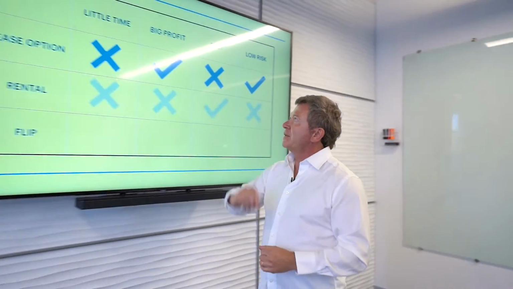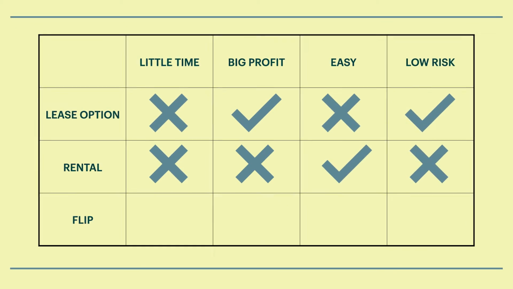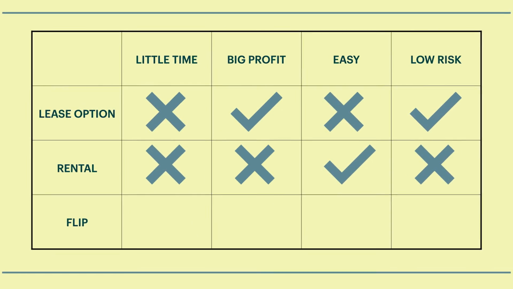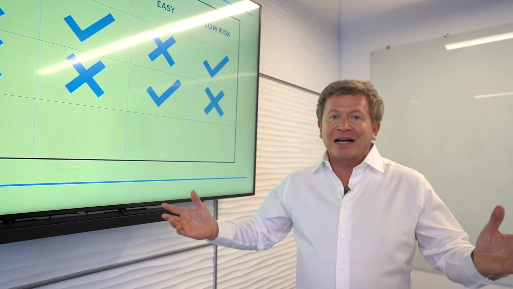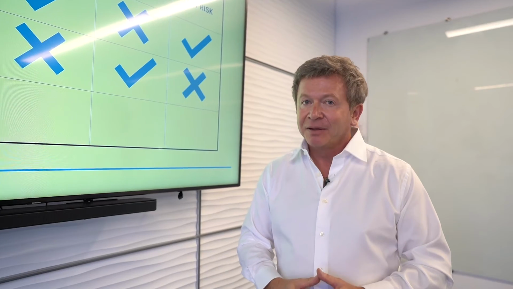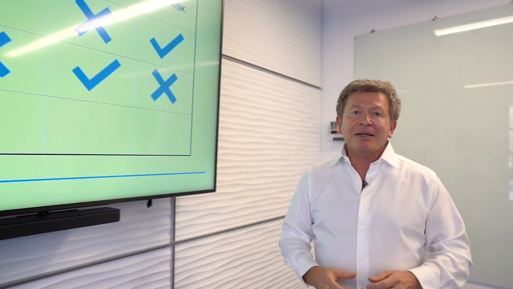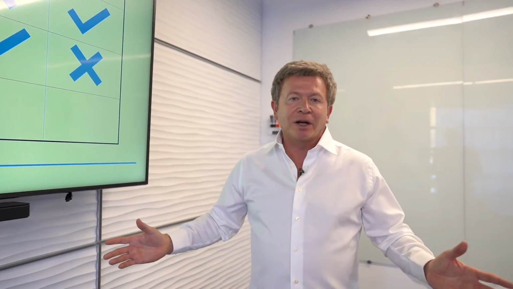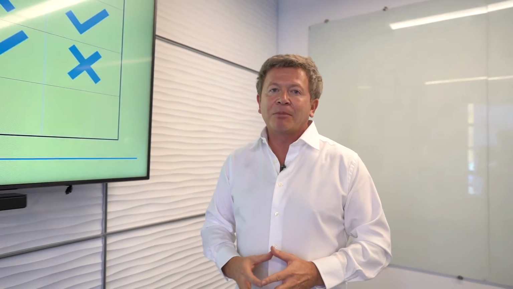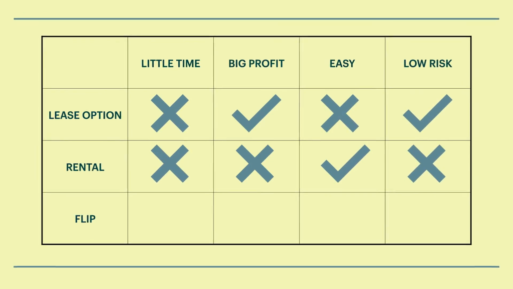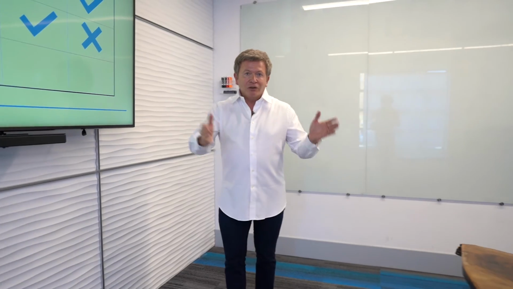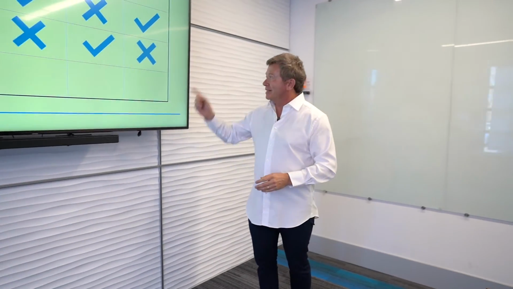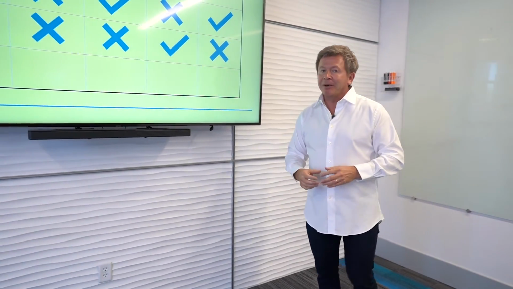All right, rentals, takes a long time, right? It's a wealth generation type of a strategy. Big profits, now, a typical rental could make as little as $100 to $200 to $300 a month. Is it pretty easy? Yeah, it's pretty easy. There's a lot of demand for it, so it's not very difficult to identify the perfect tenants out there. Low risk, you can make a lot of mistakes by putting the wrong person in there. You can actually go backwards 1, 2, or sometimes 3 years in a row because the wrong tenant could beat up your property.